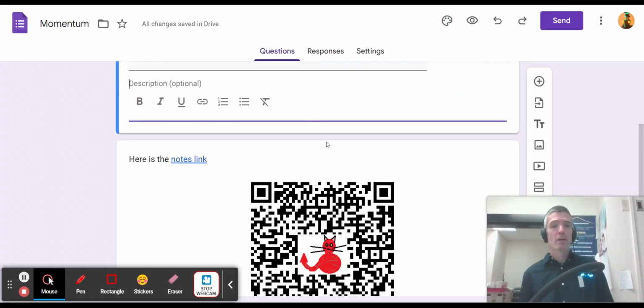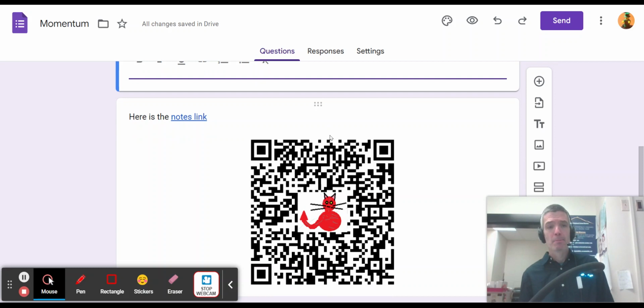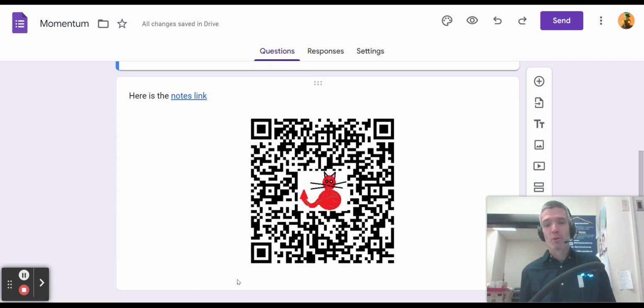Okay, so here's our video about momentum, and I want you to be able to quantify it and state what the variables are and what its formula is. Here's a QR code to help you find the notes and stuff. All right,